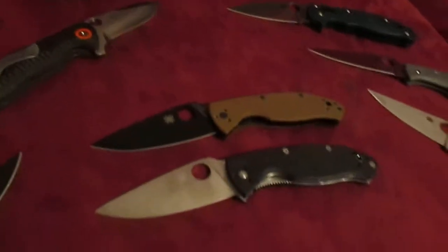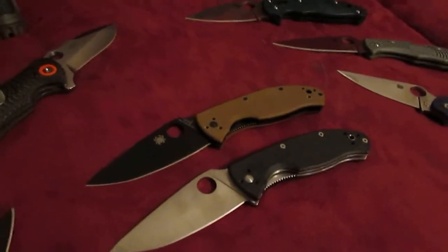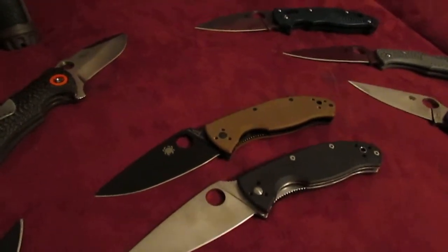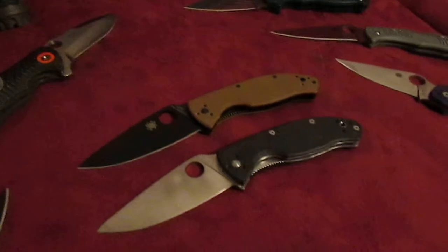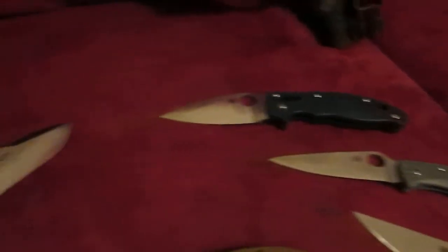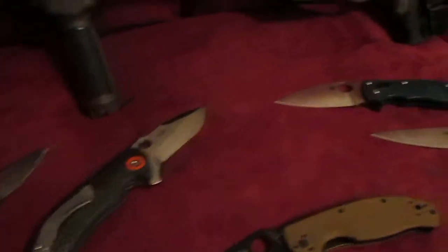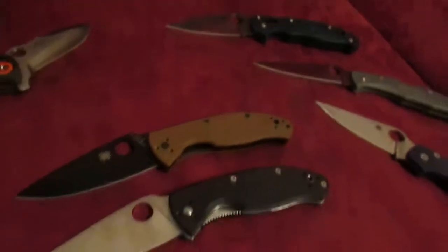everybody knows that the Tenacious is a lot of people's first Spyderco, which brings on the addiction of wanting to get a bunch more. And yeah, I've caught on just a little bit. Not all of my Spydercos, but a few of them that I've had out playing with tonight and looking at and cleaning up and reviewing a few that I haven't yet. But